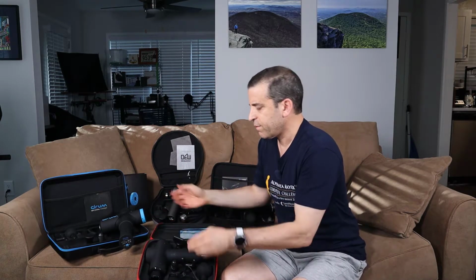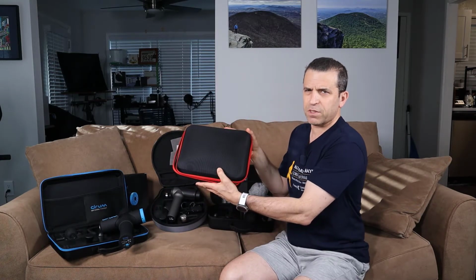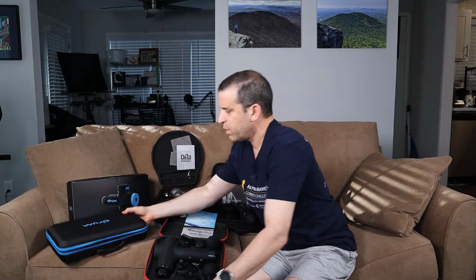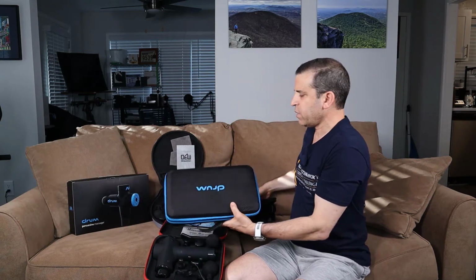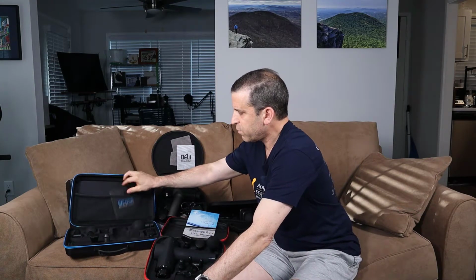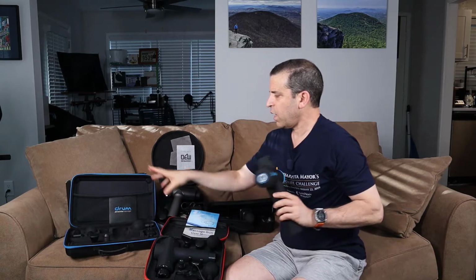And if it doesn't matter to you, you could see some have just a very simple case like this, versus the Drum, or again, the Ached Away. They have really nice cases that they've branded themselves with. It's real nice. So the Drum has 6 different